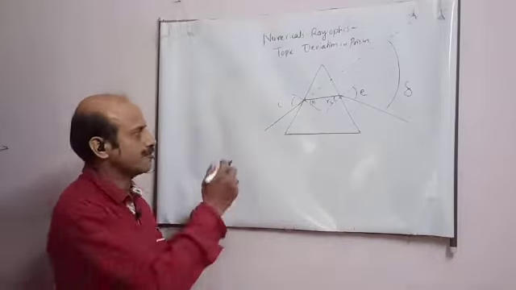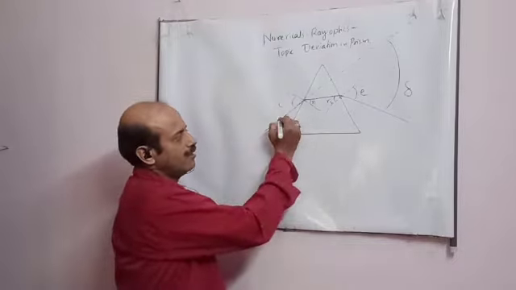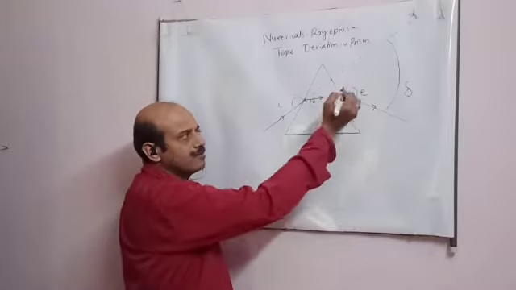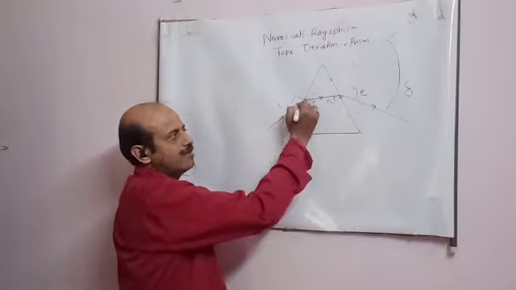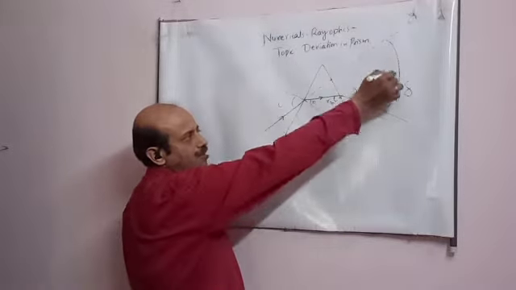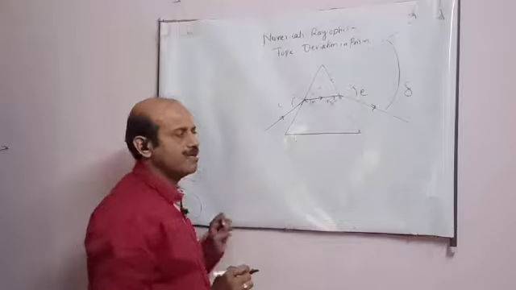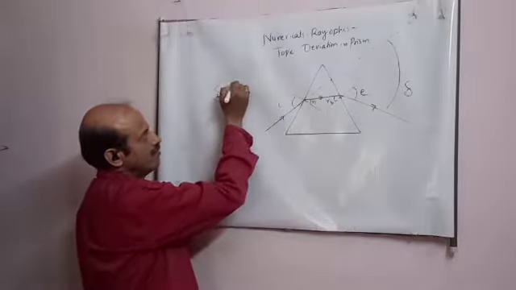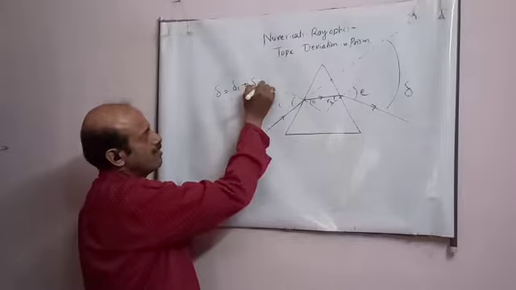So this is the ray diagram, student. Already we have studied the incident ray, refracted ray, and emergent ray. Without the prism, this ray would have gone this way, and due to the prism, it is coming this side. So this is the angle of deviation, student. This deviation has occurred at the two surfaces, two times: first at the first surface and then at the second.